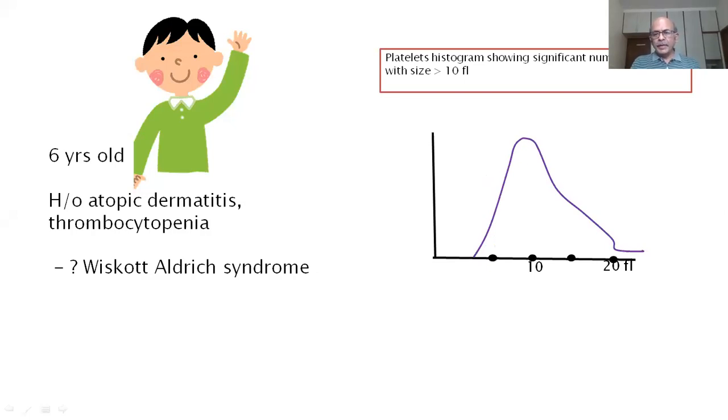It might be difficult even with the machine to be certain whether it is a small or a large platelet. But by and large, if you have platelets which are more than 10 femtoliters in size, you are dealing with immune thrombocytopenic purpura and not Wiskott-Aldrich syndrome. Just imagine, no doubt this diagnosis would have been made subsequently by other methods. But what a big relief. On the one hand, you have such a major disease like Wiskott-Aldrich syndrome. On the other hand, you have such an easily treatable and not a very worrisome disease like ITP.